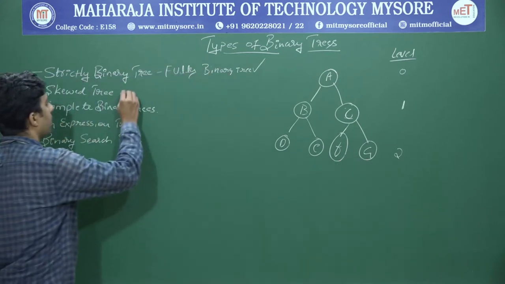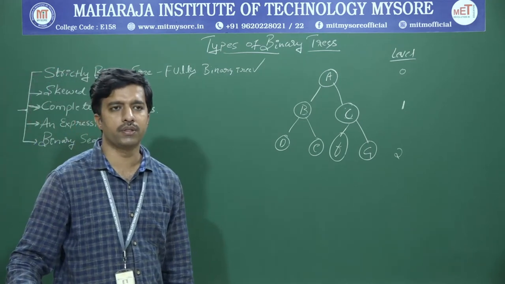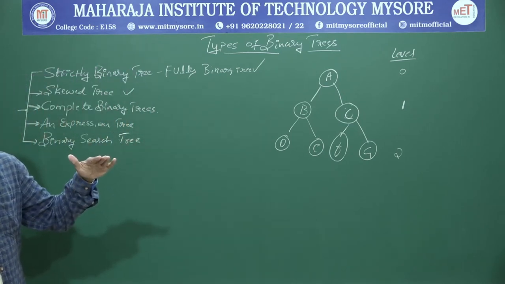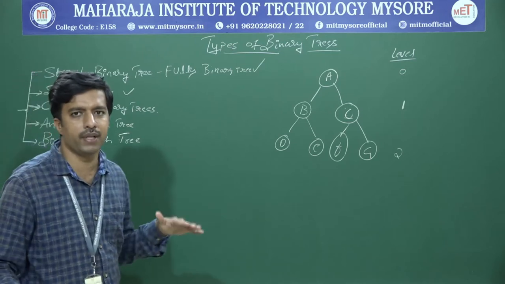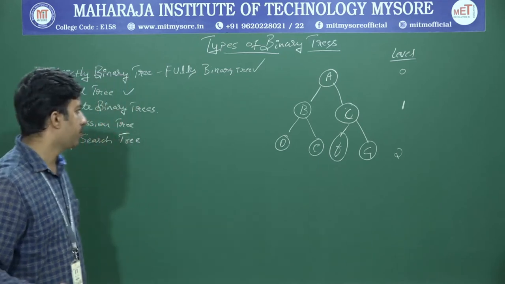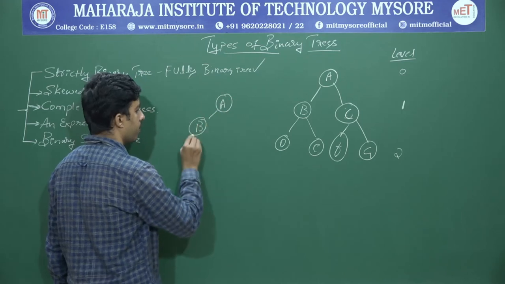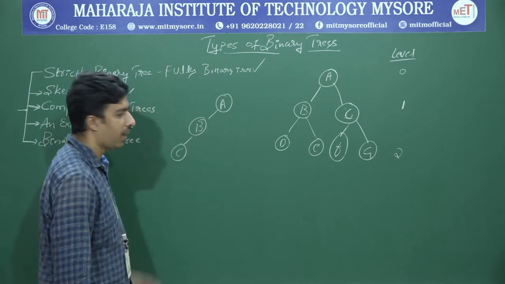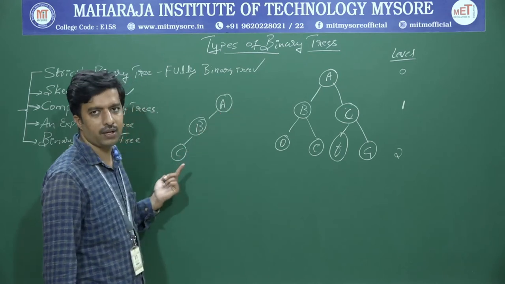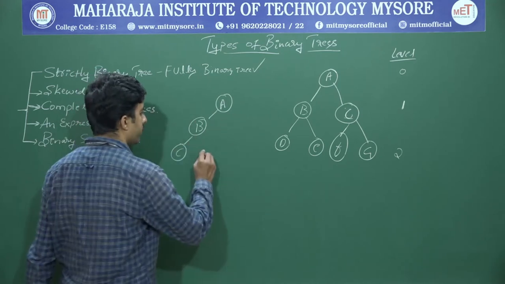Now, the next concept is the skew tree. What do you mean by skew tree? It prolongs to one side. Skew trees consist of only left subtrees or only right subtrees. A, B, C: now this is called a left skew tree. The tree prolongs, or has children, only towards the left, not right. Left skew tree.